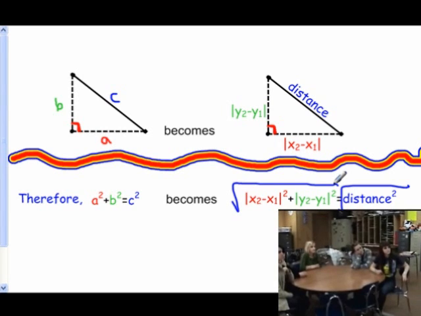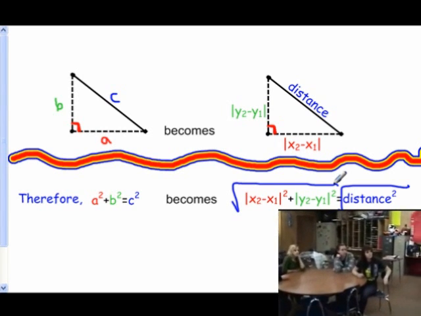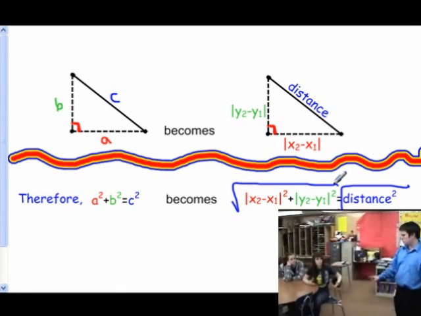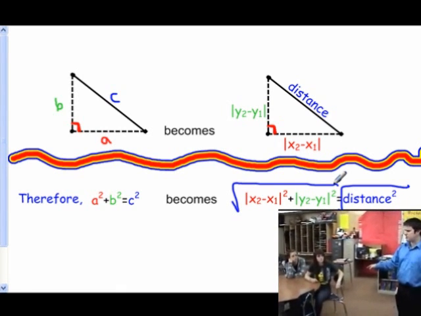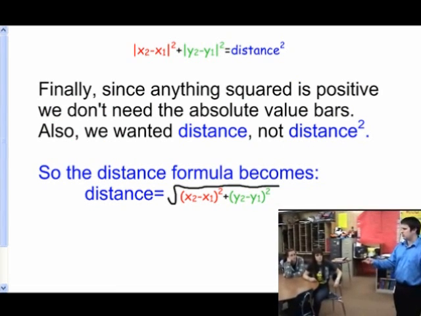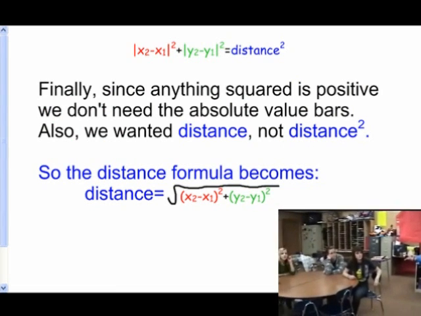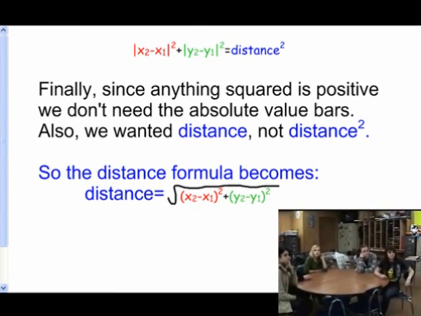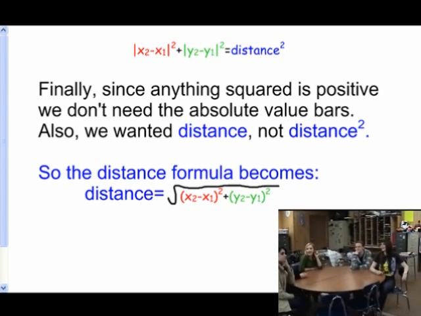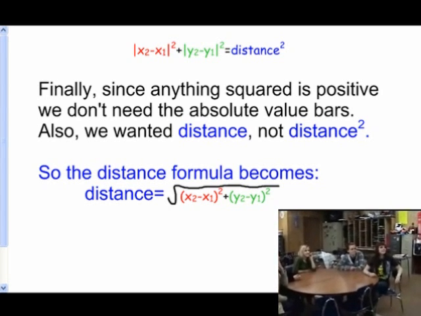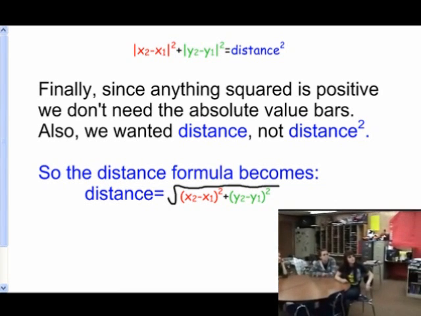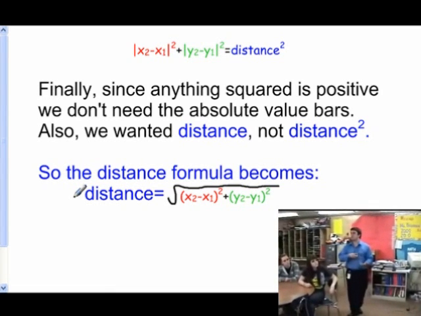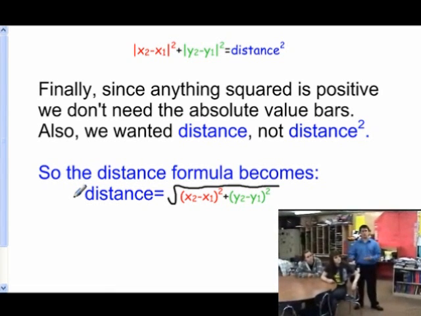Okay. If I'm squaring these two numbers here, why did I have absolute value bars in the first place? To make sure it always comes up positive, because it always needed to be a positive distance. If I'm squaring it, isn't it always going to be positive anyways? Yep. So can we change these absolute value bars to something else? We change it to parentheses. So let's do that. If we said, okay, there's our formula up here, we square rooted it and changed them to parentheses, we have a distance formula that works all the time for horizontal, vertical, slanted,